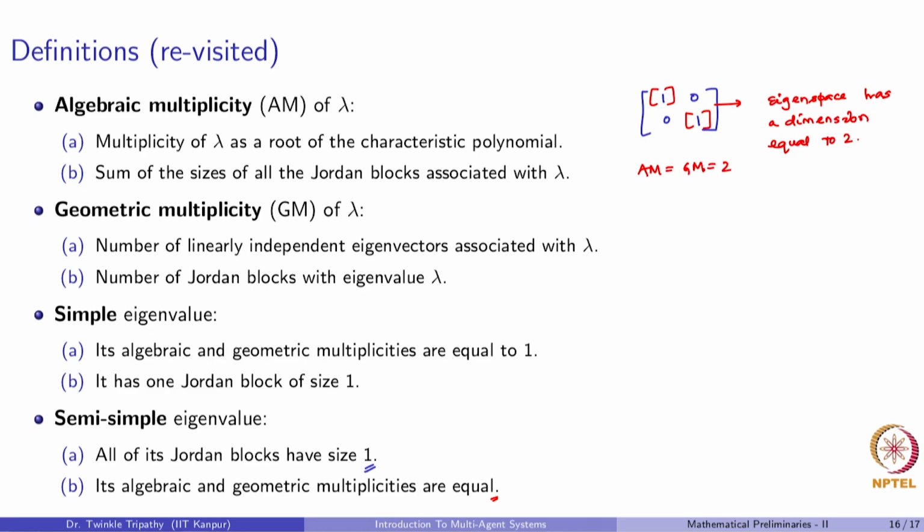case equal to 2. So, this brings us to an end on the discussion on the spectral properties associated with a matrix A and its Jordan matrix. So, the properties of Jordan matrix are extremely useful in calculating the emergent behaviors of the system.